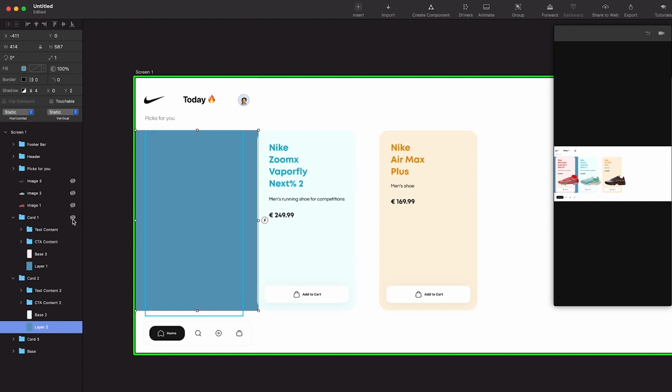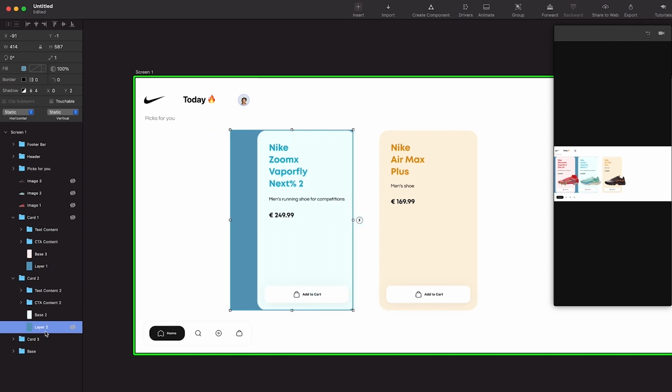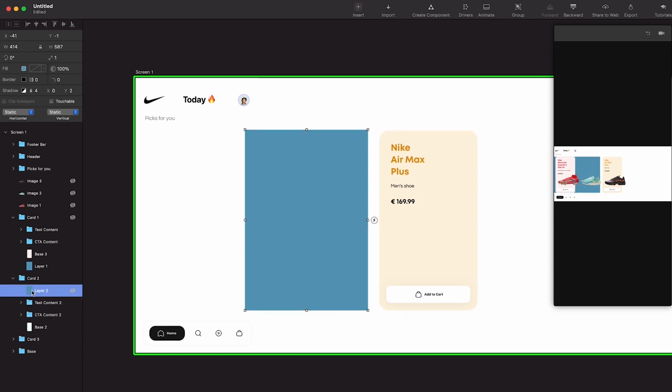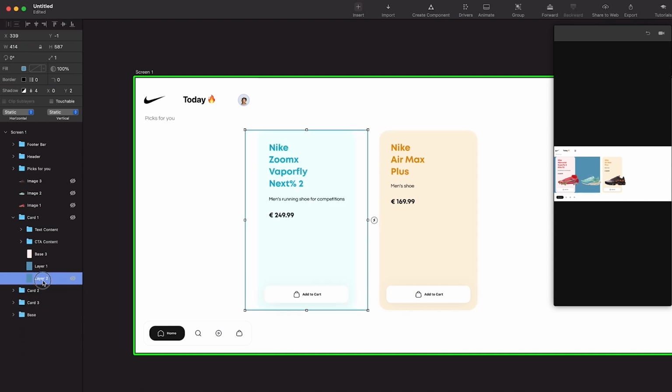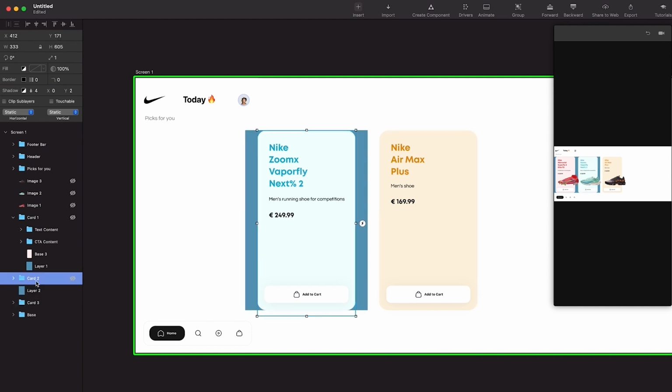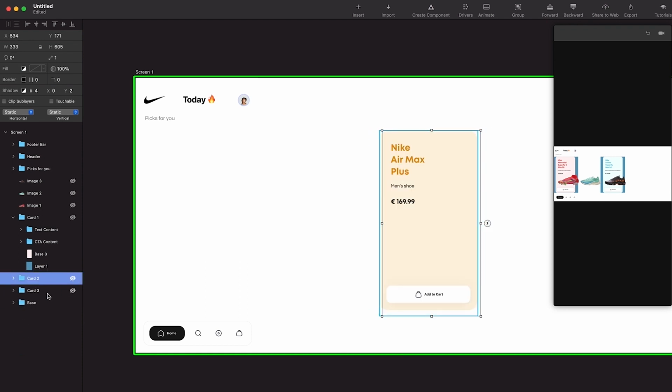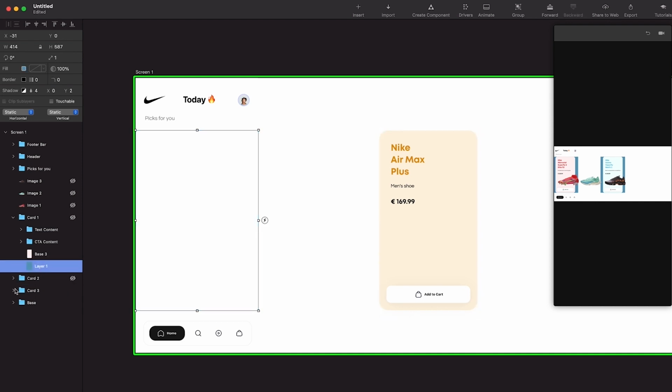And I'm going to hide card 1 and move this layer behind our card 2. I'm just gonna align it centrally. So I'm gonna move this layer outside below this card 2 for now. So I have this card 2 and layer 2, and I'm gonna align them centrally. After aligning I'm just gonna move this inside card 2, and I'm gonna hide it for now. And I'm gonna copy the same layer again,